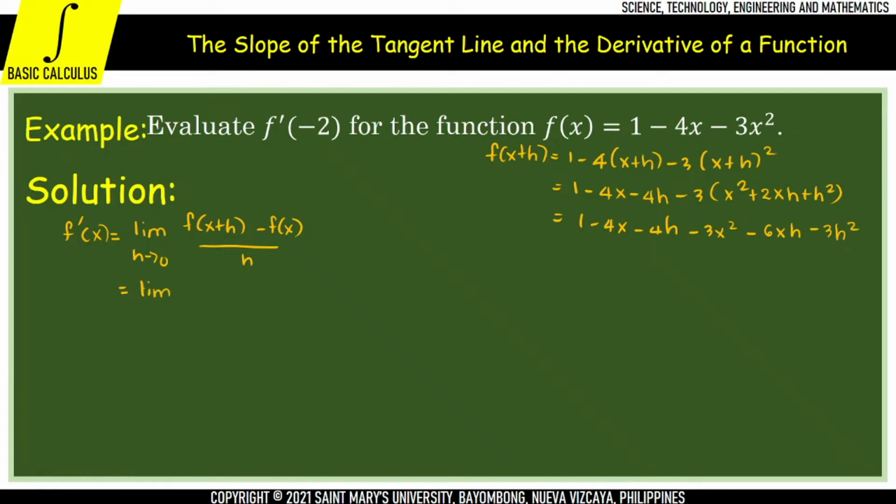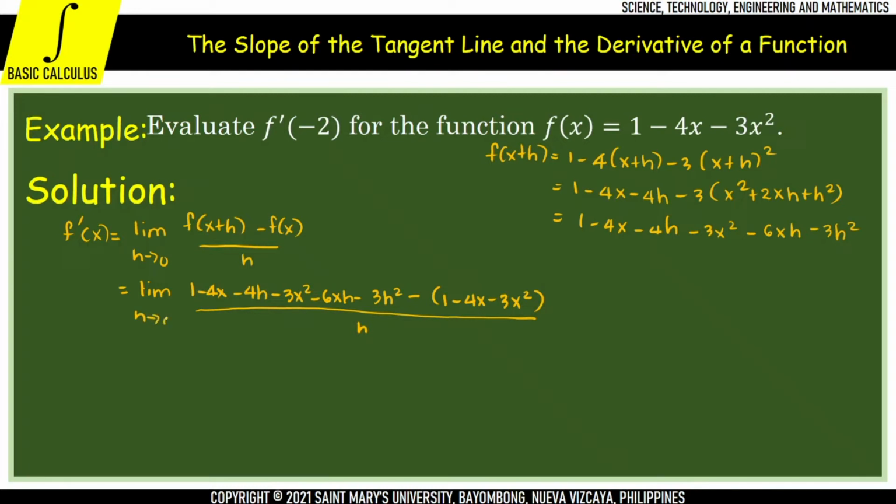So we have limit of f of x plus h, which is 1 minus 4x minus 4h minus 3x squared minus 6xh minus 3h squared, minus the original function, which is 1 minus 4x minus 3x squared, all over h